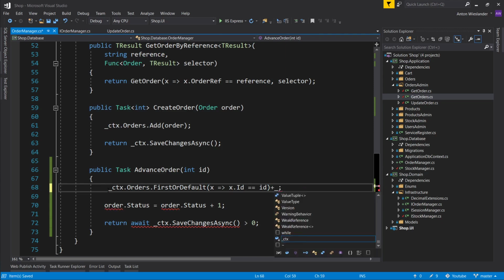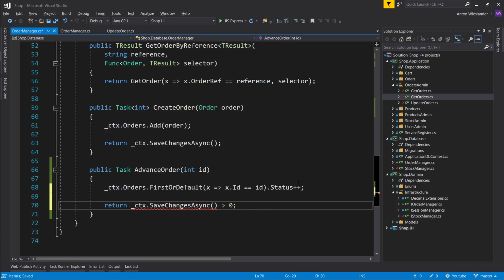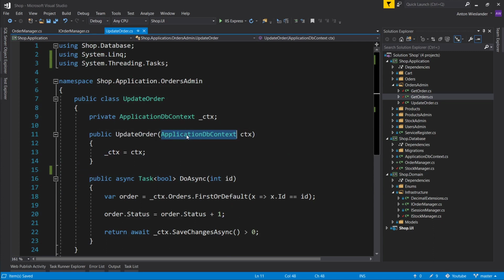I'm just going to increment it here. Sorry, I'm just going to increment the order. Let me grab the status property, increment it, and return the task here. Remove the boolean logic, and there we go. Okay, so I just want to pass in the order ID. So let's grab the